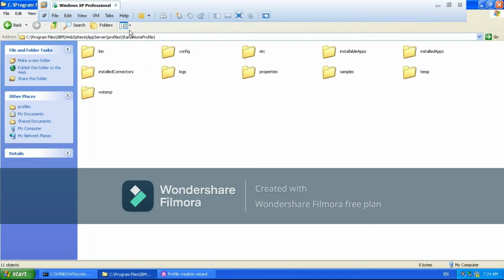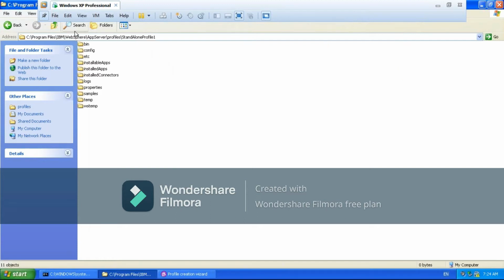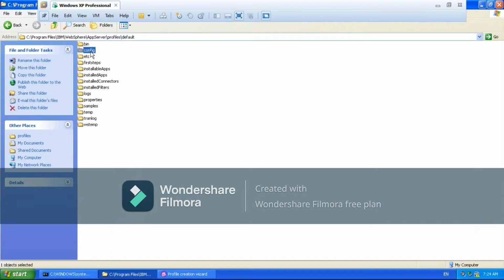It's also going to be created the same, like this path. We are going to call this profile 1 profile home, and the other we are going to call the default profile home. In the default profile home, the default related total content will be there as 3 layers. If you go inside the config, cell level configuration files, inside that node level configuration files, and inside that server level configuration files, and one server is created. That server name is server 1.